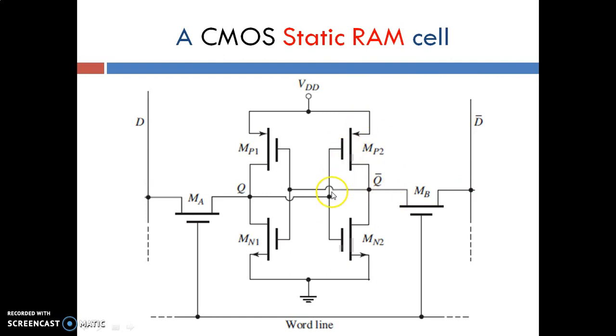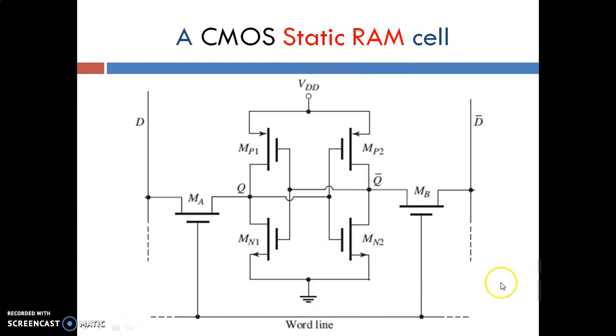If you see the connections, basically this is a CMOS inverter, where the input of this CMOS inverter is given by the output from the first inverter, while the output of this inverter, where we take it as the common drain terminal, is given as the input to this inverter. It means two CMOS inverters are cross connected. Along with these inverters, the source terminals of the two PMOS transistors are connected to VDD, while the sources of the two NMOS transistors are connected to ground.